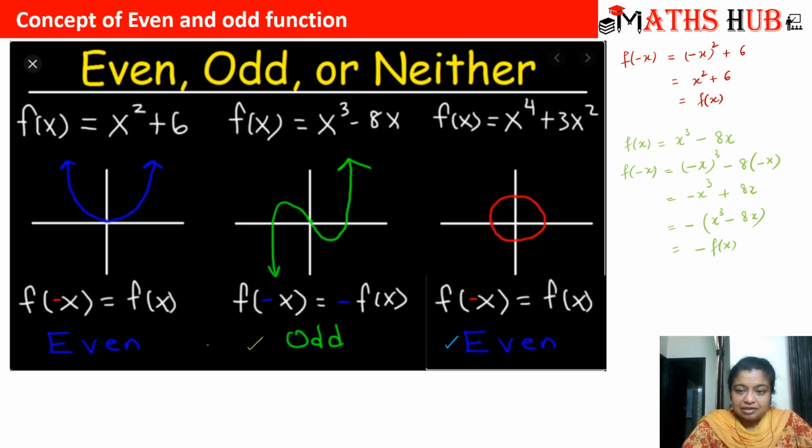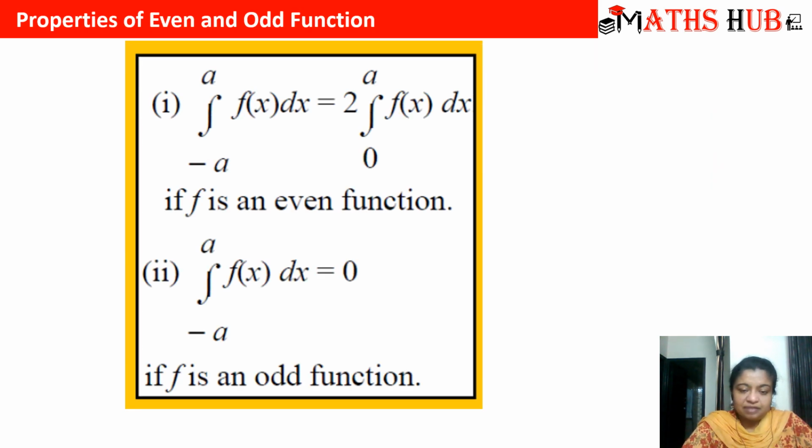Okay. So now let us come to the properties of even and odd functions. If a function is even and the interval to integrate is minus a to a, then it is always 2 times the integral from 0 to a of f of x dx, right? What happens is that a function is symmetrical about the y-axis in the case of an even function. So suppose I have this type of function, you can see that it is symmetrical about the y-axis, right? If I have to integrate over the interval minus a to a, so this area,